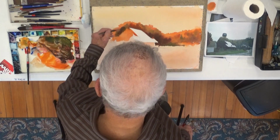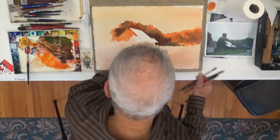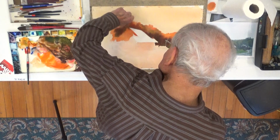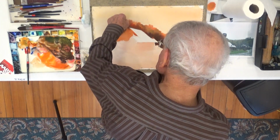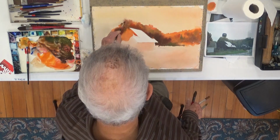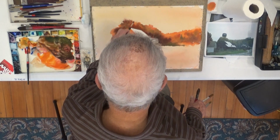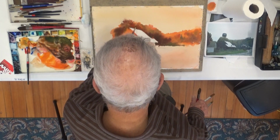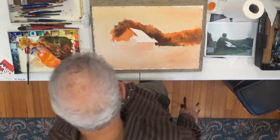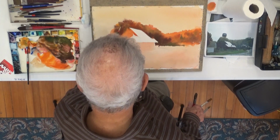Alizarin in there. And I'm going to get my finger in there and kind of... since we're getting into the foreground here, we can get a little more texture perhaps. Scrumble with that brush. Get some bright orange right in there